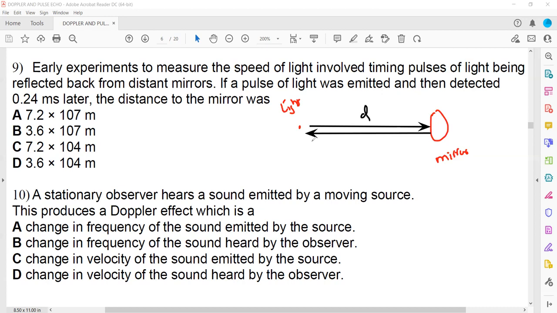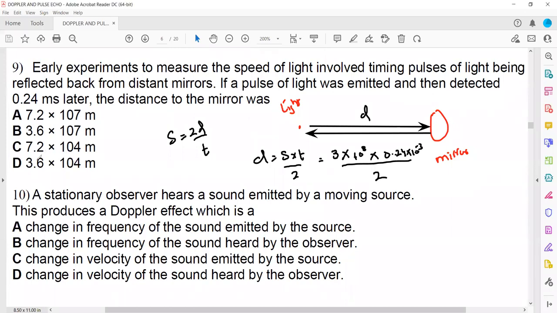Whenever there's a reflection, the formula is speed equals 2d divided by t. The question is, what is the distance between the mirror and the source? So distance should be speed multiplied by time divided by 2. What about speed? The speed of all electromagnetic radiation is 3 into 10 power 8 in air or vacuum. The time it took is 0.24 milliseconds, so it will be 0.24 into 10 power minus 3, divided by 2. When we simplify,